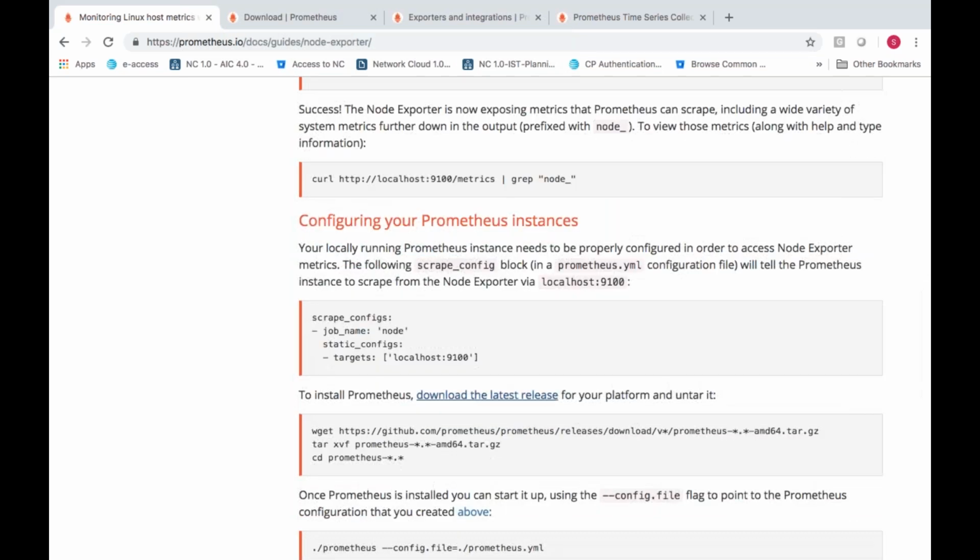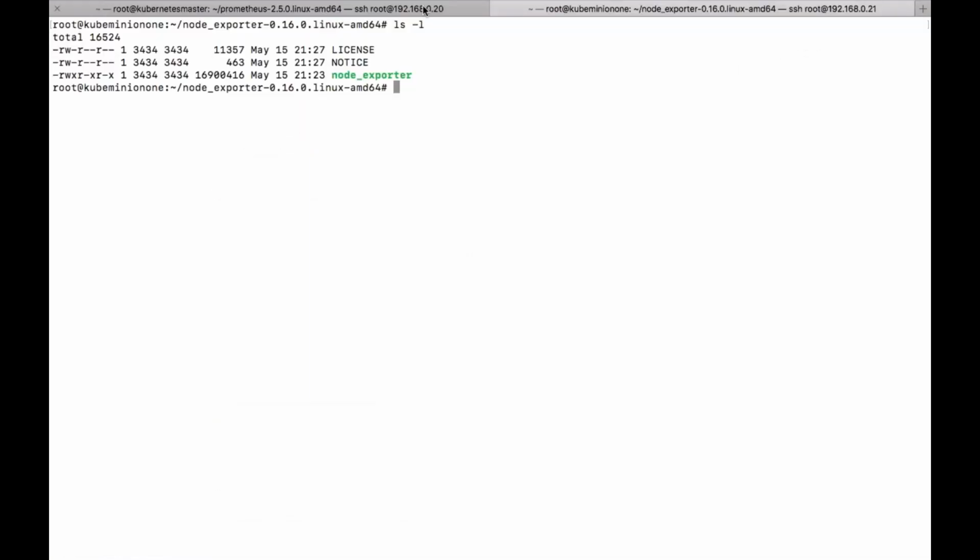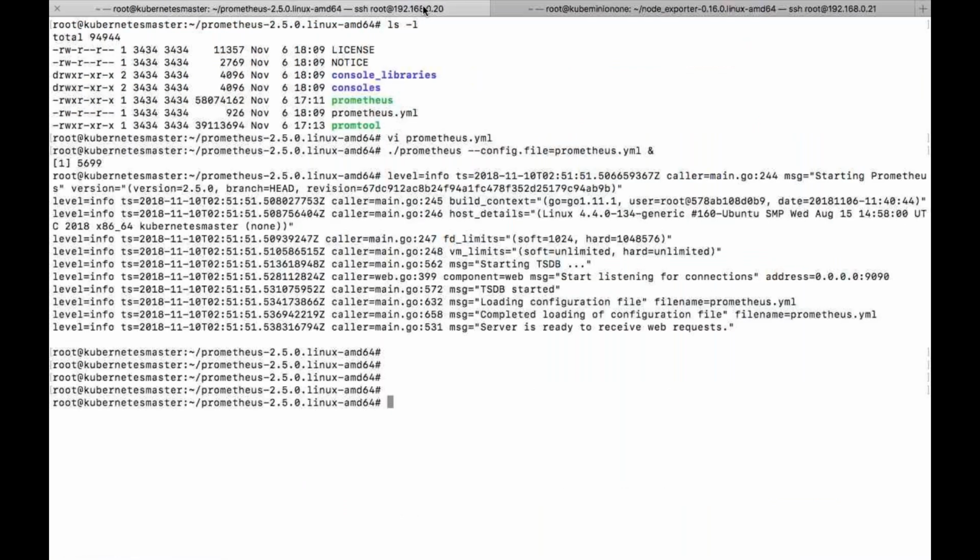Let me configure the Prometheus instance. Now go back to this particular node, go to Prometheus. If you look at jobs, Prometheus is running right now.